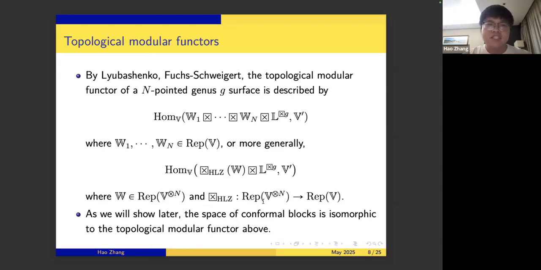TQFT people may describe their topological modular functor by some kind of Hom space involving the coend. By Lyubashenko, Fuchs, and Schweigert, they describe the topological modular functor